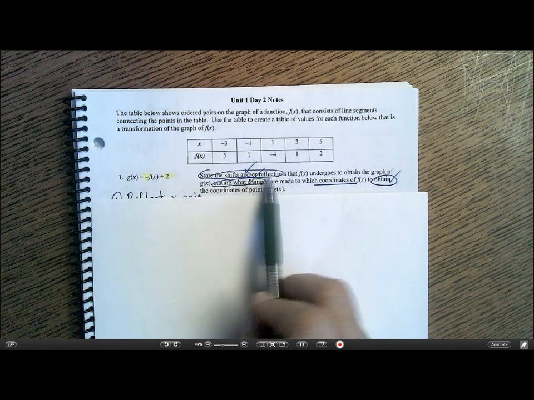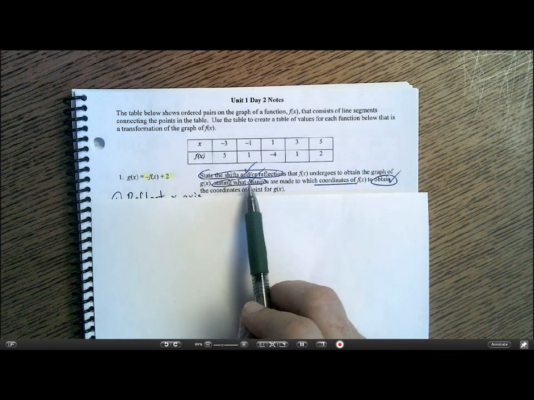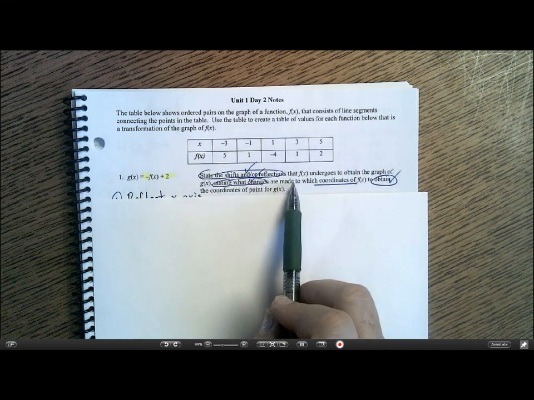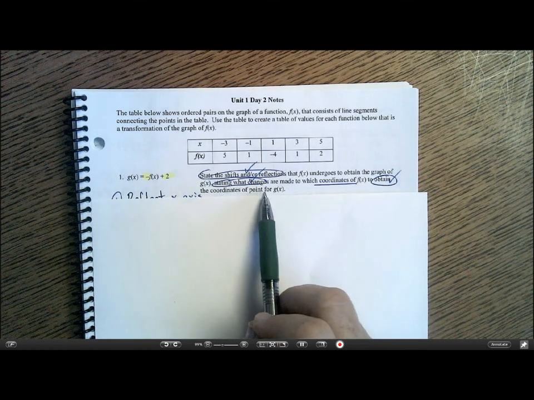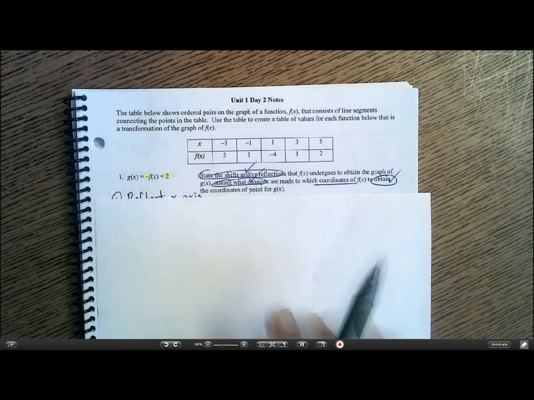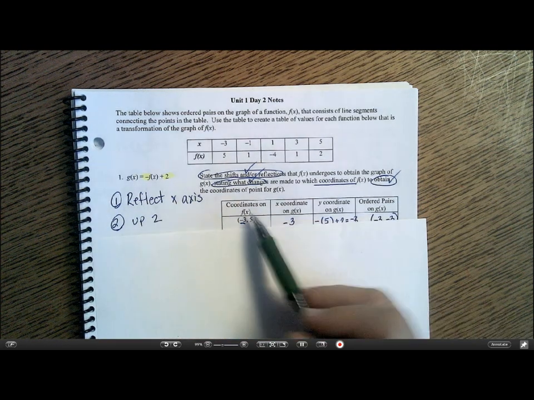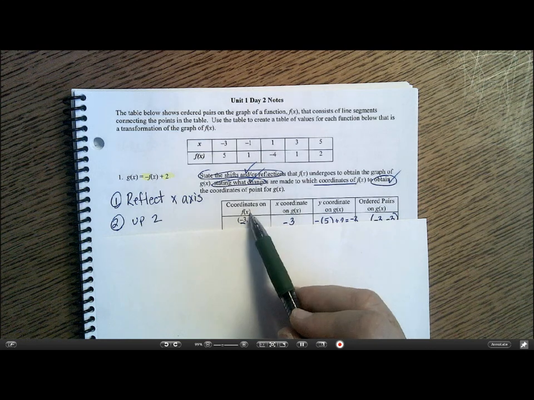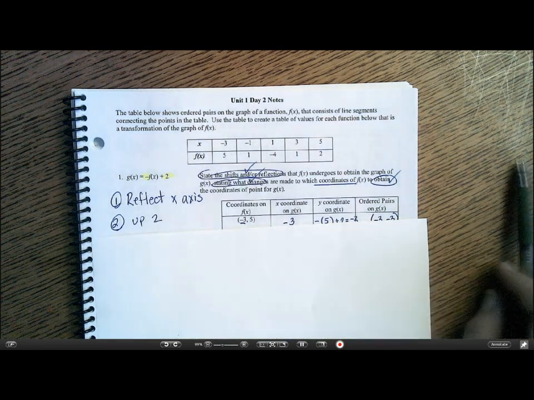State the shifts and or reflections that f of x undergoes to obtain the graph of g of x. State what the changes are made to which coordinates of f of x to obtain the coordinates of point. I need to fix the language here, but basically this is what it's saying. We're going to state the coordinates, reflect x-axis, and go up 2. So the coordinates on the f function, the x coordinates, or at least take